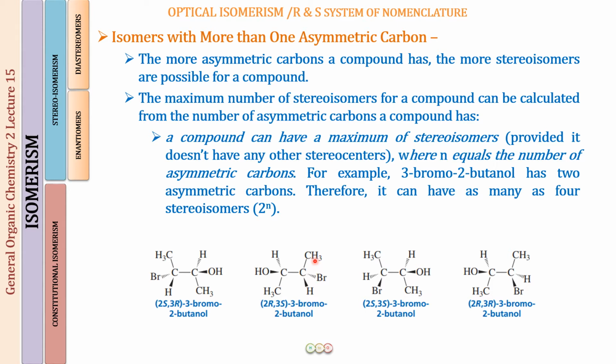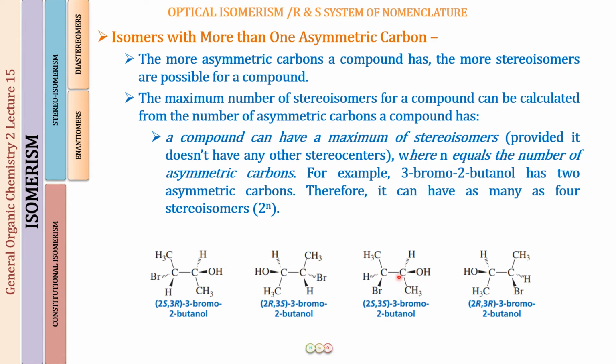Perfectly fine. Now what have I done? I have kept the H and the OH groups the same, and I have changed the position of H and Br. So this is going to give rise to another stereoisomer. Now this compound and this compound will not be mirror images of each other, so these are still stereoisomers, but not mirror images of each other. These two were enantiomers, and now these two, because they are stereoisomers which are not mirror images of each other, will be called diastereomers. And the configuration of this compound is 2S,3S.